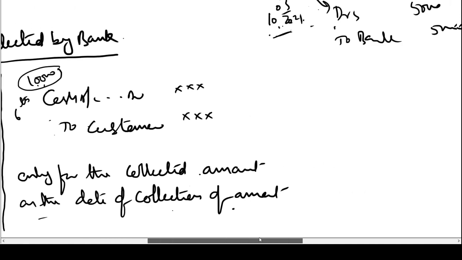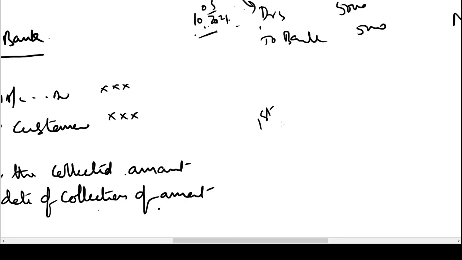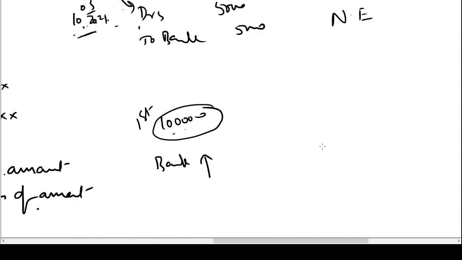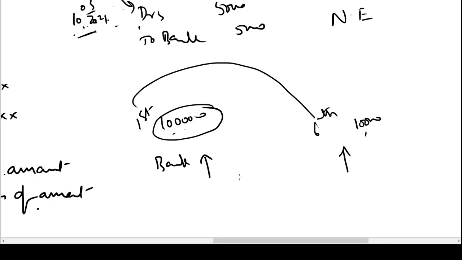So what happens is, let us say on 1st of a month we hand over bills worth rupees 1 lakh to the bank. So as soon as we hand over the bills to the bank, our bank account in our books will increase by 1 lakh, and let us say on 6th the bank is able to collect rupees 10,000. So the bank will increase our passbook balance only by 10,000. So in this gap there will be a difference in the books of the business and in the books of the bank, which has to be explained through a statement called the bank reconciliation statement.